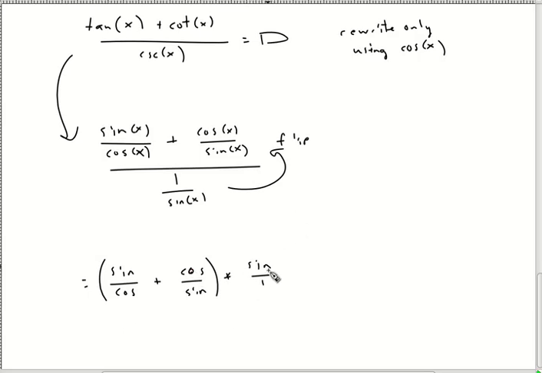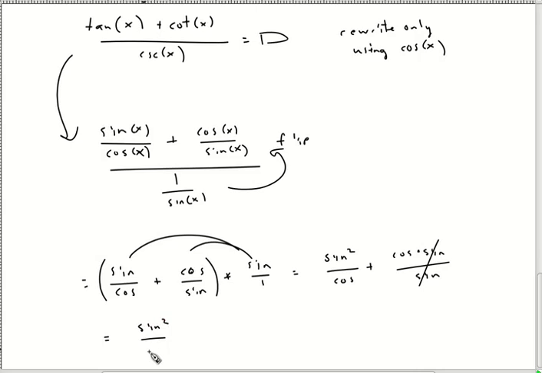Now notice that I have just a plain old sine right now. You don't need to divide by 1. I'm going to go ahead and distribute that. And remember, when I distribute, it's actually going to the numerator. So this is a sine squared over cosine. And then here we got a cosine times sine all over sine. And these guys cancel, so that's nice. Sine squared over cosine